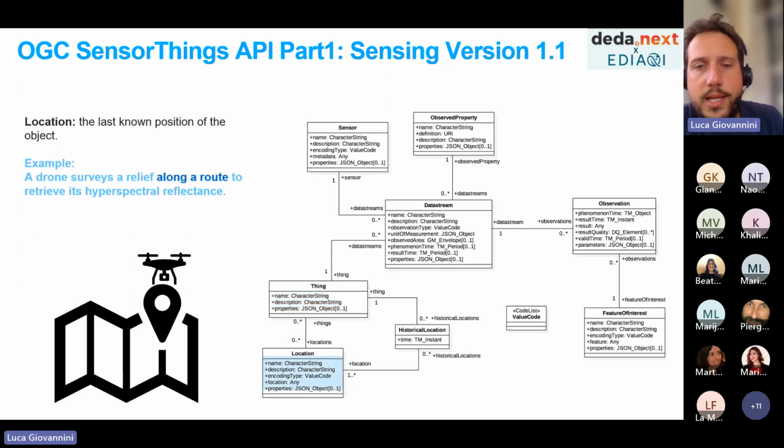Then there's the entity location. The location describes the position of the drone in this case, so it describes its route. There are usually two possible situations related to the location of the thing that's connected to the sensor that's measuring. It could be a thing that is fixed in space, which can be described just by a single set of coordinates, or it could be, like in this case, a moving thing.